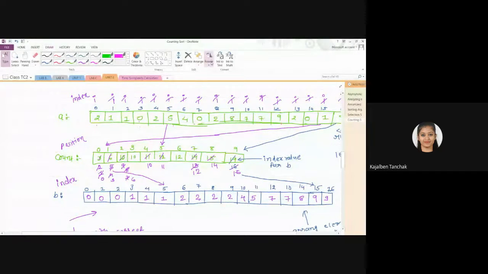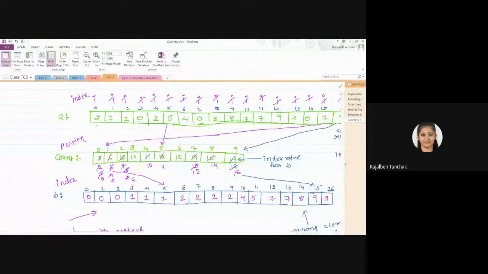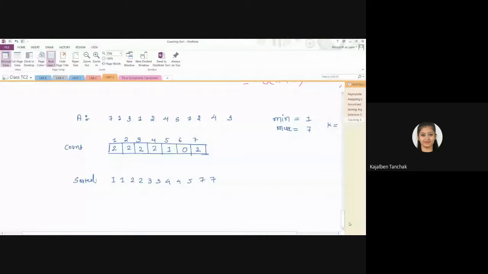So we have to do what? First of all, we have to make the addition, right? Before that, you have to update the count, like 2 plus 4 plus 6 plus 8 plus 9, 9 and 11.